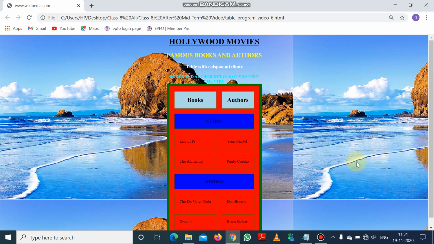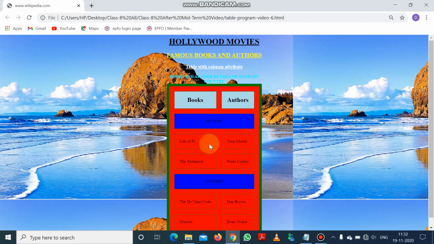So let's start. This is the web page. Here one table is added on the web page where you can see the two columns, fiction and mystery, that is with blue color. These two columns have the effect of the colspan attribute, and you can see that fiction is spanned up to two columns, and mystery also spans up to two columns.